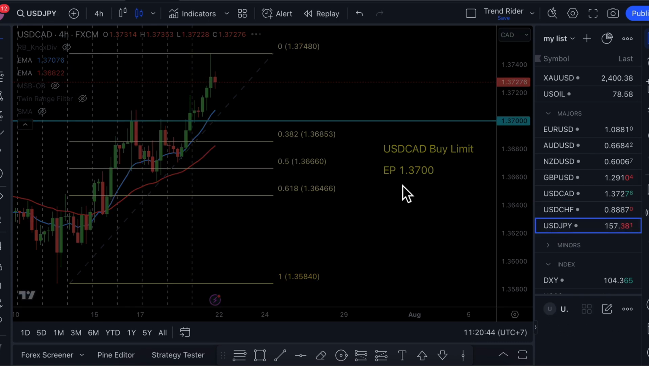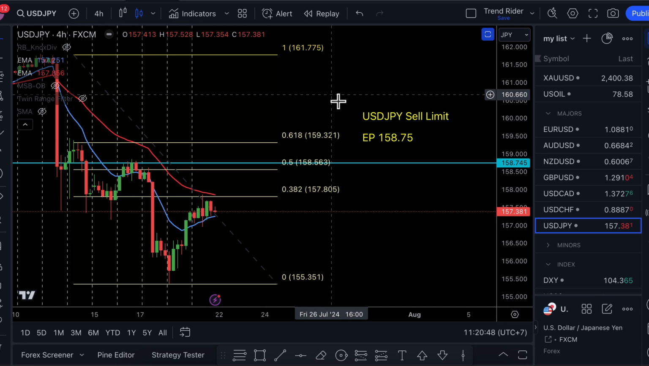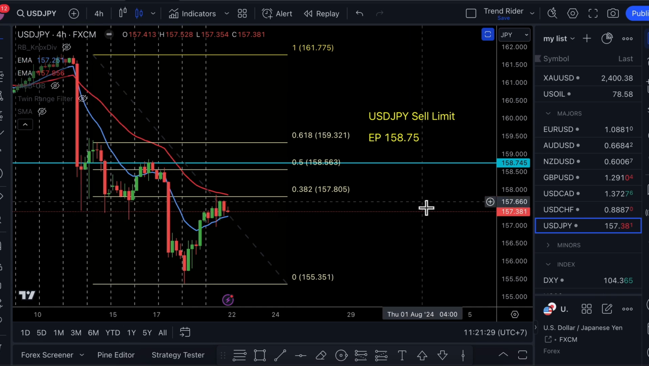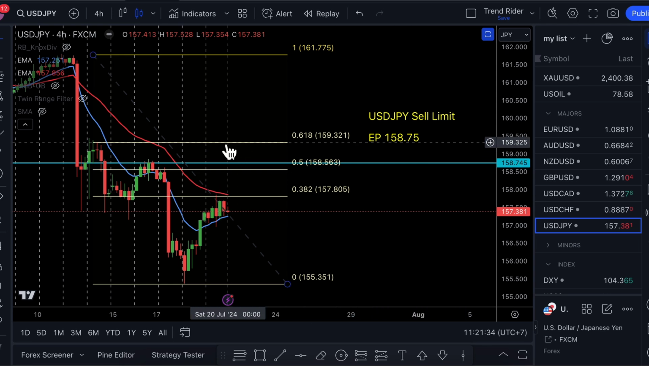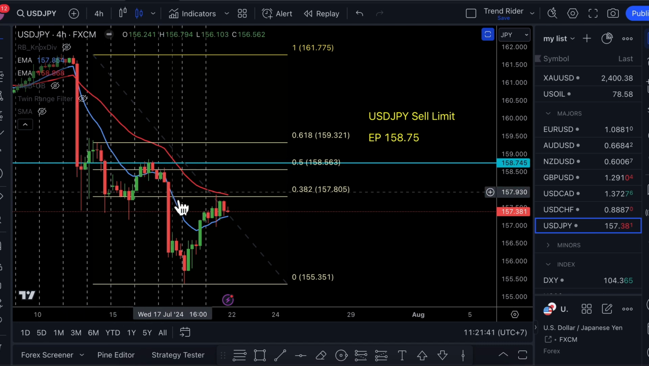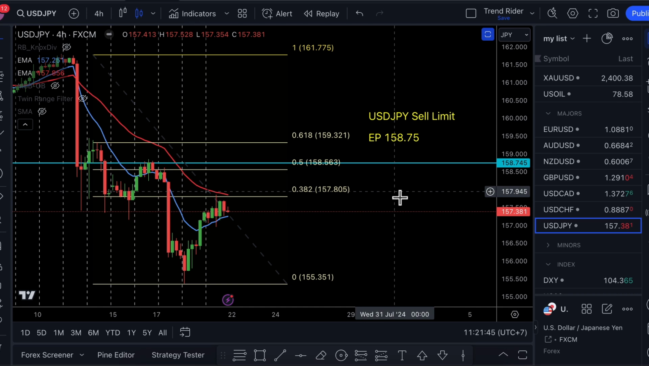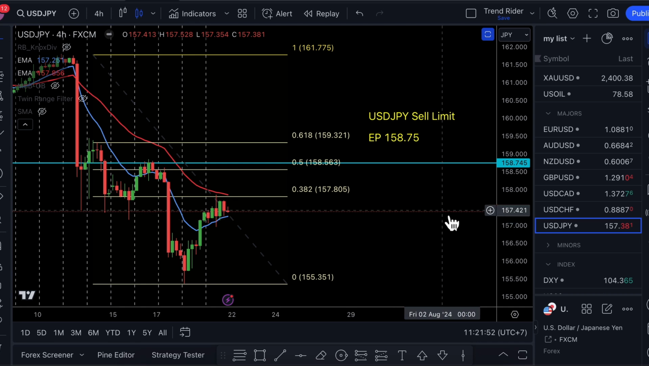Then the USD/JPY, and this one will surprise a lot of people, I'm sure. Okay, I have a sell limit on the USD/JPY. It looks like we are seeing strengthening of the Japanese yen. You remember I said last week after this big drop on the USD/JPY, I said let's let this play out and see what happens, and it has continued to go down. So it could be that we are starting to see a change in direction that we have not seen for a long, long time. So I have, for the first time in a long time, a sell limit on the USD/JPY with the entry price at